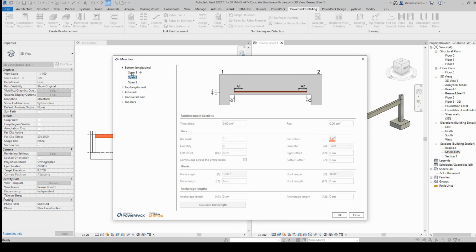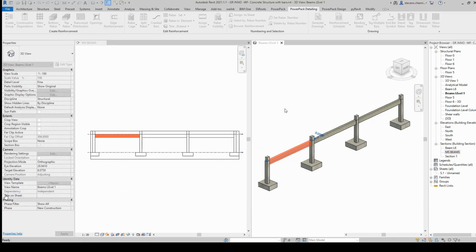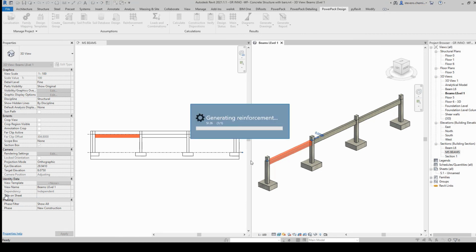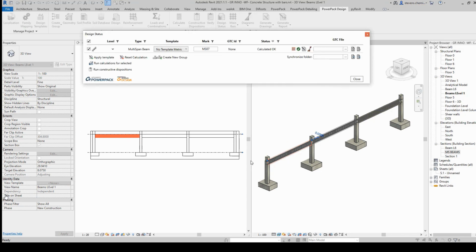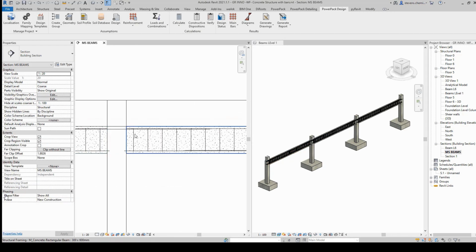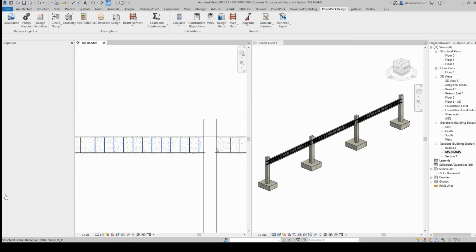And by the way, you see here our wizard, the main bar command, recognizes just by picking and selecting only one beam that this beam is connected to two other spans. So now if I calculate this beam based on the result coming from Advanced Design, you will see that all the spans are calculated, and the reinforcement is generated based on this assumption.